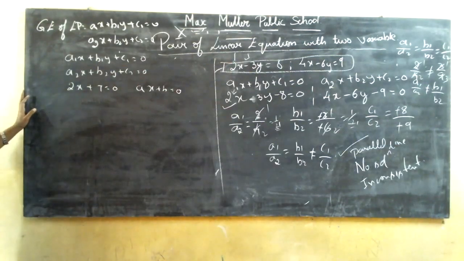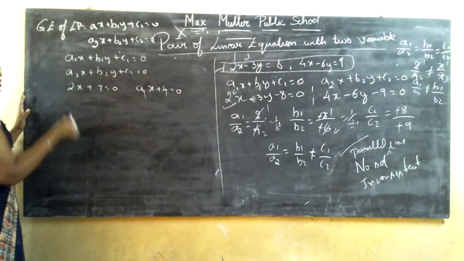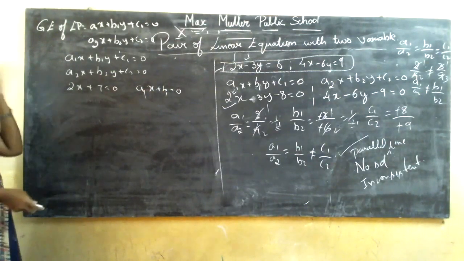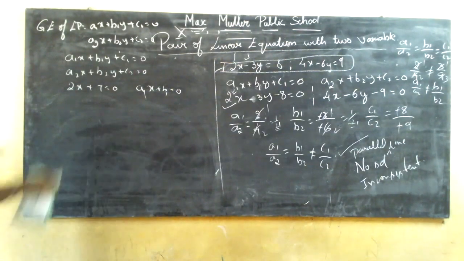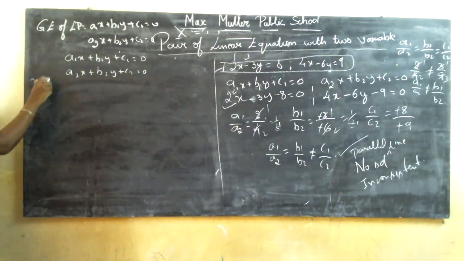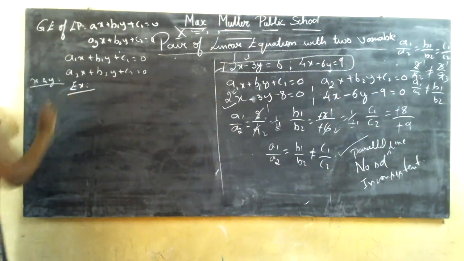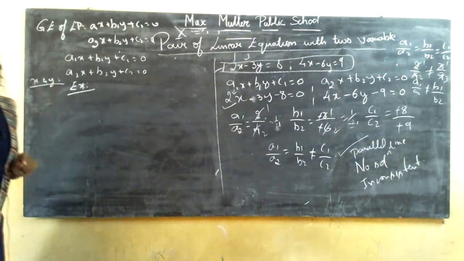Earlier, before starting this class, we had revised the previous class section. There you have written the standard form, that is ax plus b is equal to 0. Here you can write it as a1x plus b1 is equal to 0. That is the standard form. So even if you are not using the ratio form, you should remember the standard form of linear equation. Then how are you going to find the value of x and y? You calculate the value of x and y by using the elimination method.